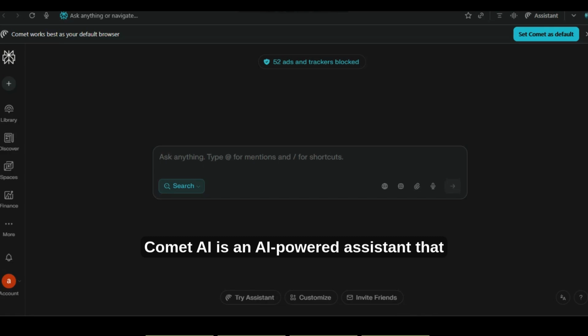Comet AI is an AI-powered assistant that helps you read faster, understand complex content, and convert long information into clear summaries. Unlike other normal chat tools, Comet AI can work directly with web pages, understand your context, and give structured output.